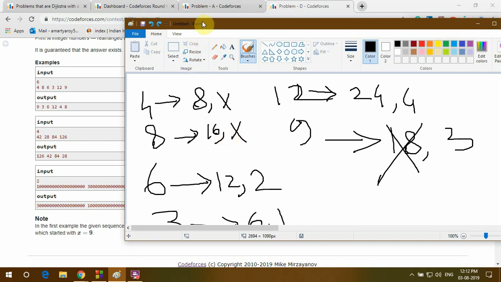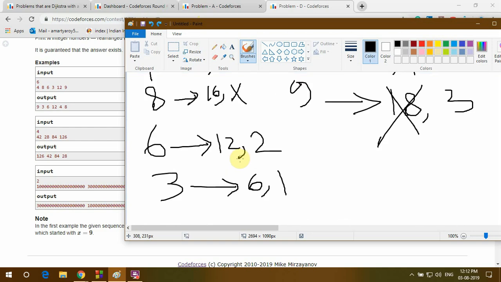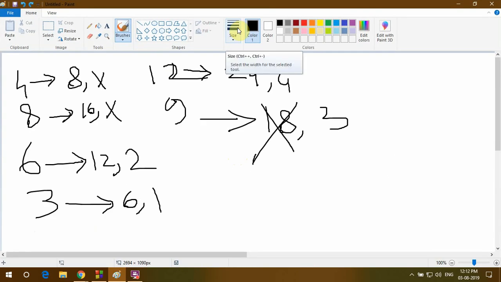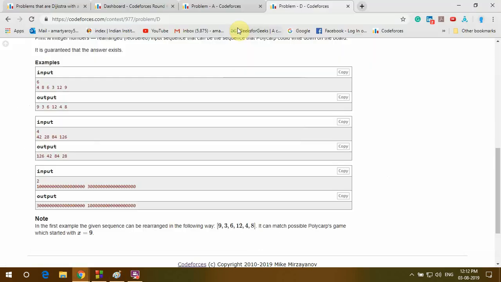Okay, so one thing we can do, wait, let me check once. 16, 12, 12. Yes, I think that the last number that we have in our original sequence, like here it is 8, as